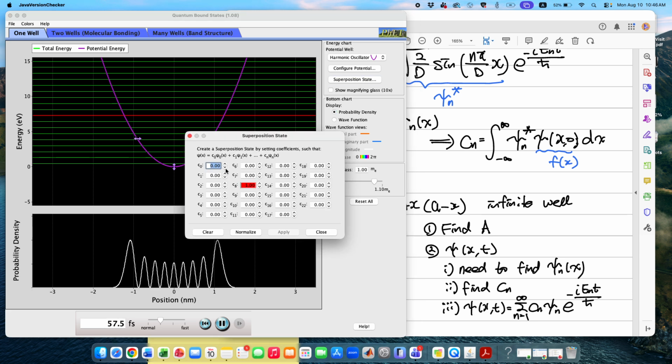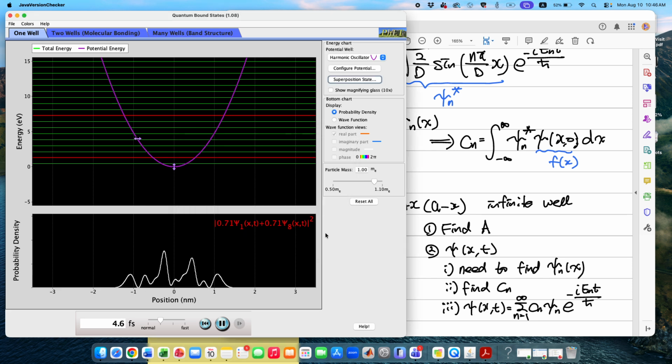But if we actually couple that, for example, in this case, 1, normalize it, apply. Now, if you look at probability density function, because two wave functions are coupled, now it has time-dependent probability density function. Okay, so what that means is that now you have to look at the position as well as the time, if you really want to find out probability distribution.